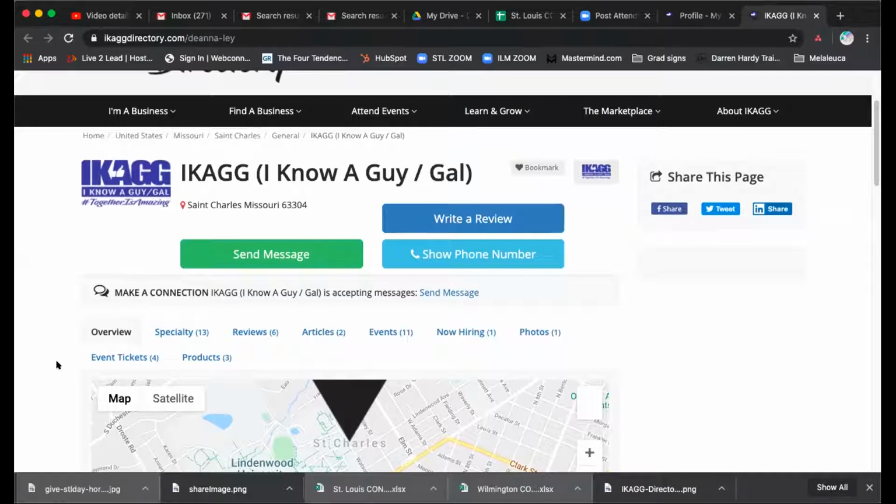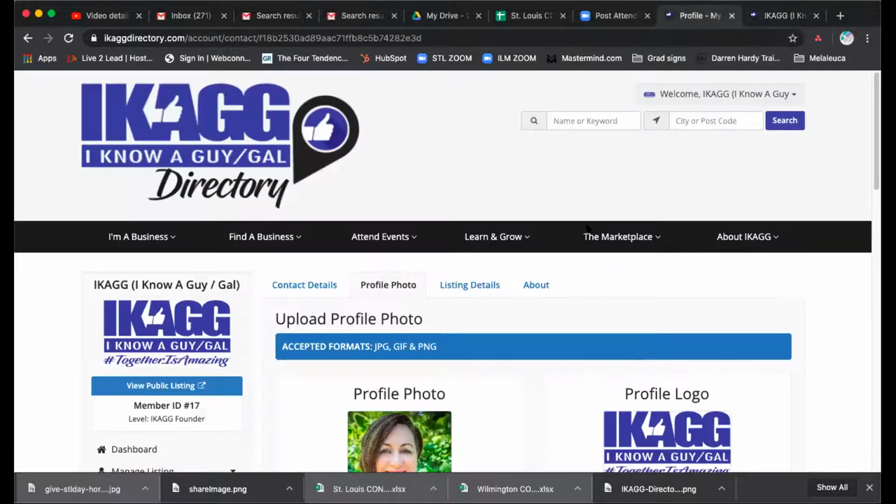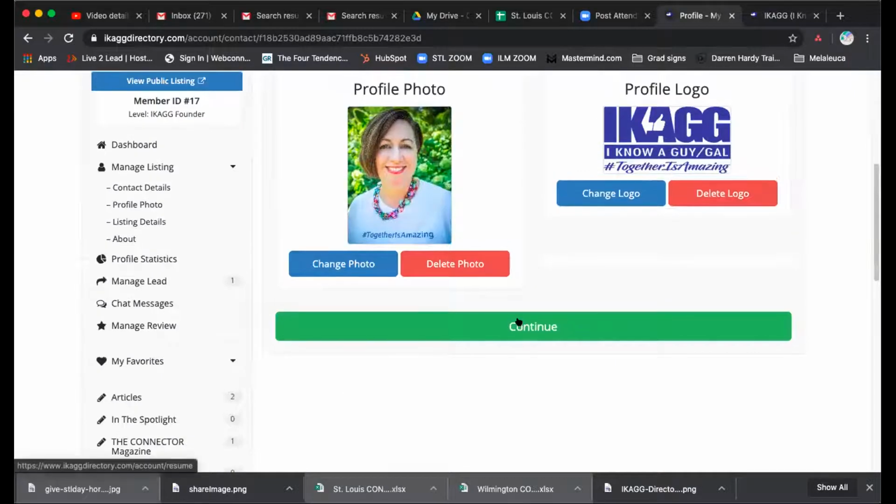If I am a brick and mortar, I will definitely want my address there. But if you are in a company where there are a lot of you, like an insurance agent or a realtor, you don't want to highlight your company's name as much as you want to highlight yourself. So my suggestion is you toggle between the two to see which one makes more sense for your business. I can't answer that for you. I can give you suggestions, but